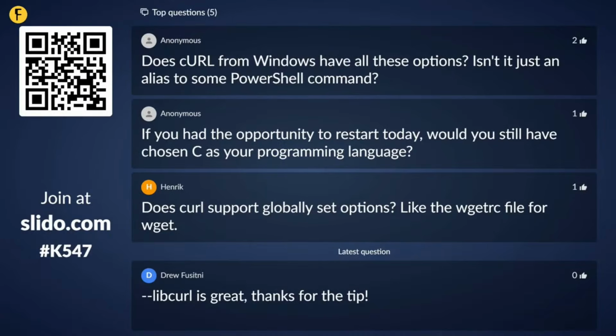Okay, thank you. Then, if you had the opportunity to restart today, would you still have chosen C as your programming language? Good question. It depends. If I wanted curl to become what it is today, there wouldn't be any other choice, I would say, because